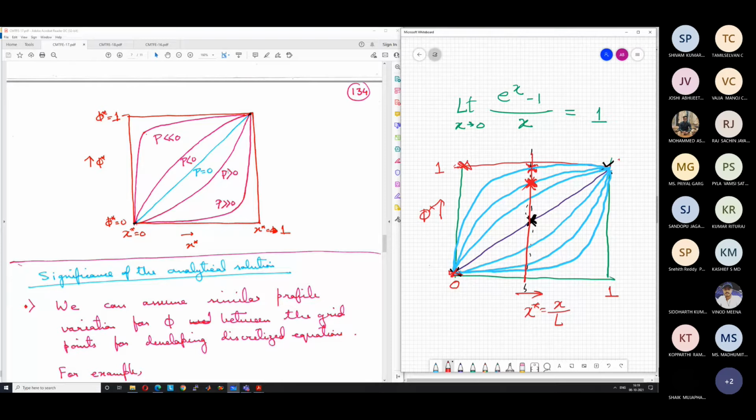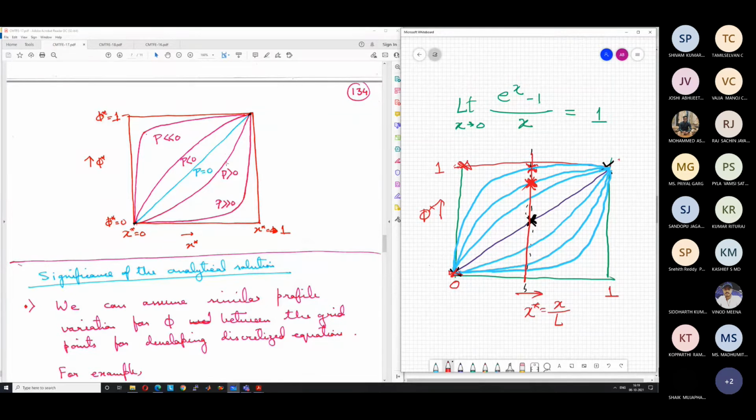For positive Peclet number, positive means along the direction of the axis, because x is going from left to right. If the coordinate was in the opposite direction, positive would be in that direction. Our coordinate system goes from left to right, so that is the positive flow direction. It does not always have to be from left to right. Whatever the coordinate direction, if it is from top to bottom or bottom to top, that will be the positive direction.